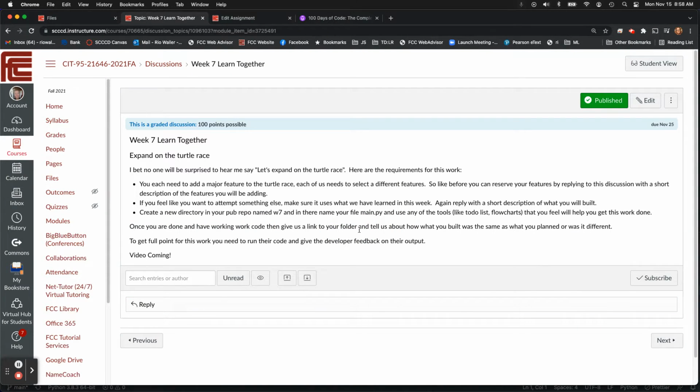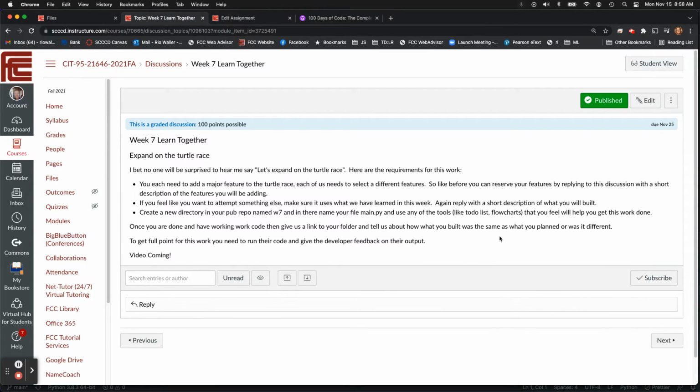and tell us how what you built was the same as or different from what you planned. I should rewrite this, but basically I'm asking, was this what you planned on, or did it turn out to be different because you hit up against some of the challenges of not knowing? And this is really where I would say this is so good, learning to read documentation, searching for things in documentation, and then being able to translate them is so important. So as part of your submission, tell us, yes, this is what I had planned on, this is what I created.